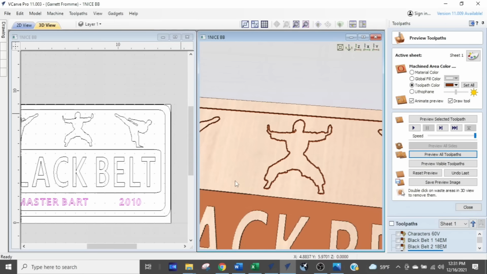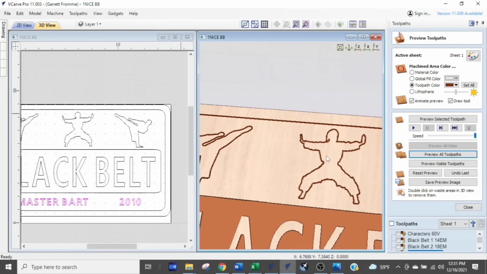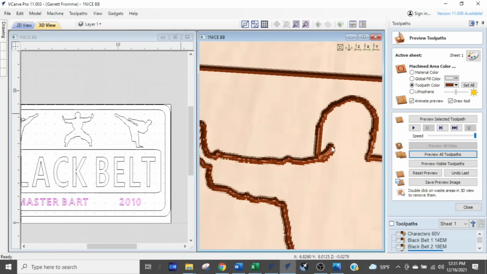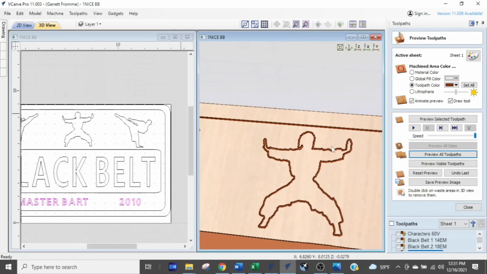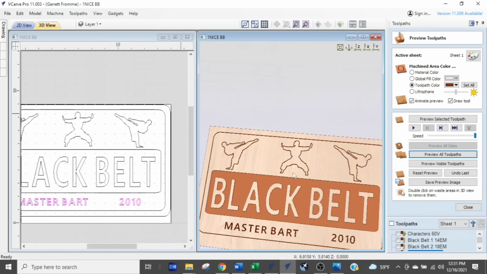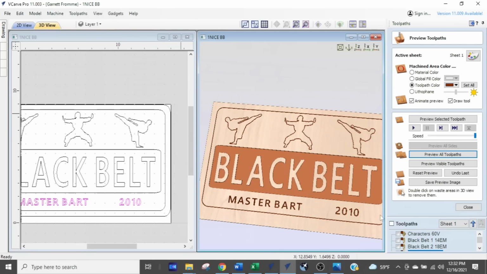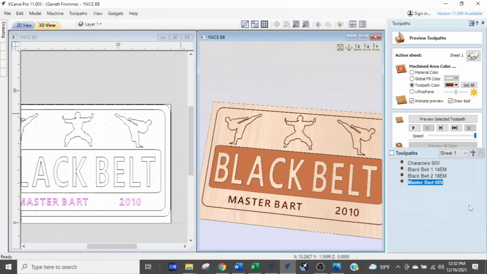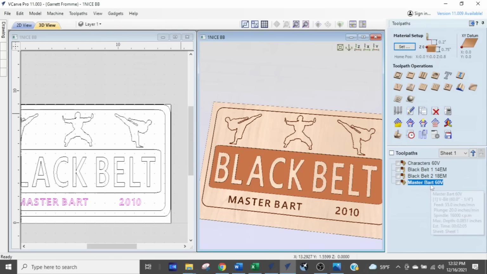And the characters all still look okay. Now you can see it kind of got messed up right here on this character. So I'm not really liking the 60V. I'd probably go back to a 30V. But we've cut down on our time, and what we can do is simply close that, and we can move master Bart up to the characters. And now we've got those 2 run together, and then we're doing the 1/4 inch and the 1/8 inch,